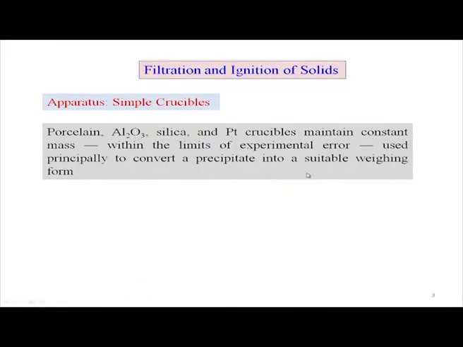Hello, welcome to this class. In the previous one we discussed how we can use different crucibles. There we have seen that we can have different types: the porcelain crucible, the alumina crucible, the silica crucible and the platinum crucible, and we are discussing the precipitate ferric hydroxide. For ferric hydroxide, this is a very simple one: the porcelain, and within this porcelain crucible you have to transfer the precipitated ferric hydroxide.